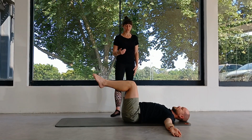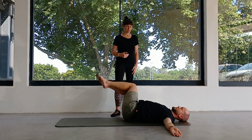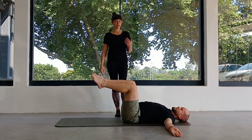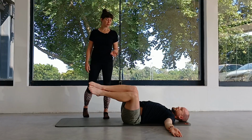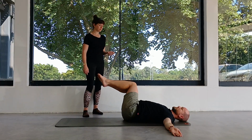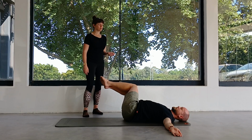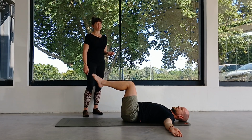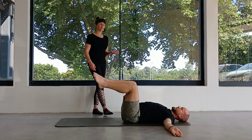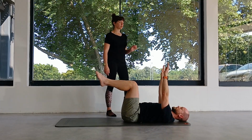Continue. On an inhale, you go over to the right. And on an exhale, you pull yourself up. On an inhale, we go left. On an exhale, you come up. 2 more like that. And drag yourself up. And then last one. And come back up. Both arms lift up towards the ceiling, and the right arm's going to go overhead, and